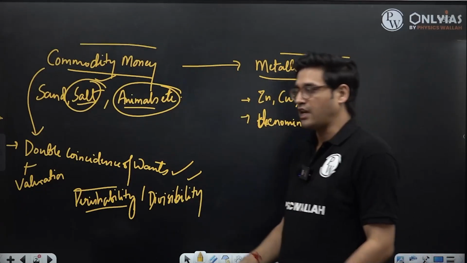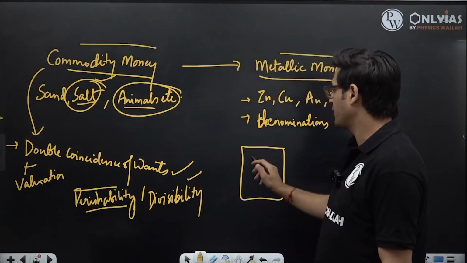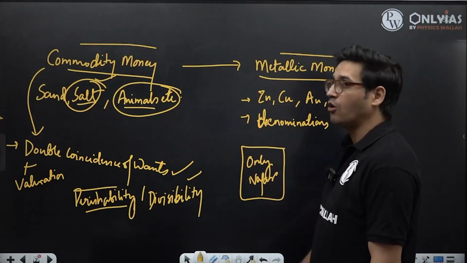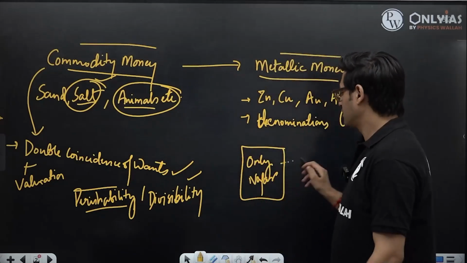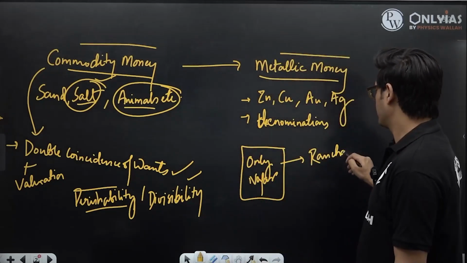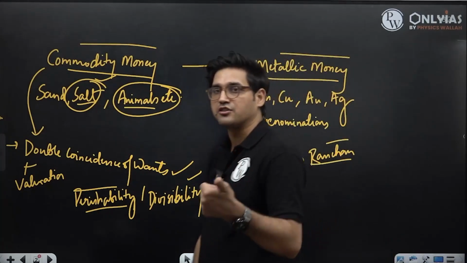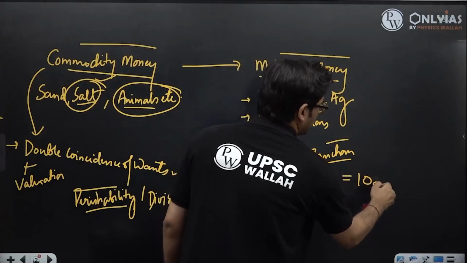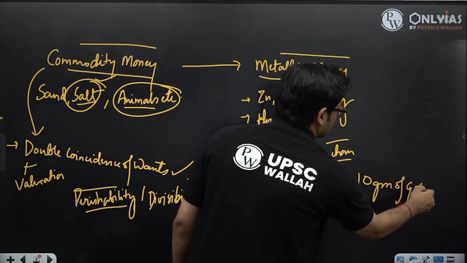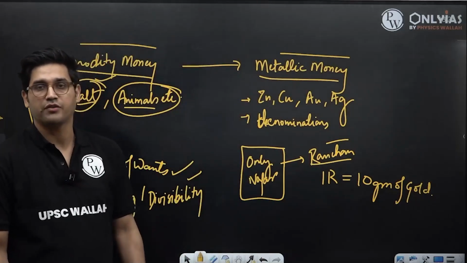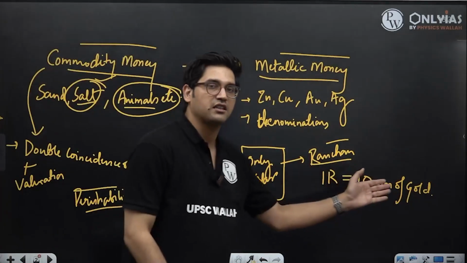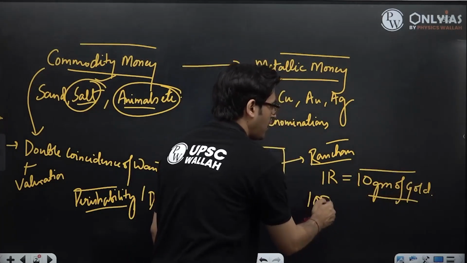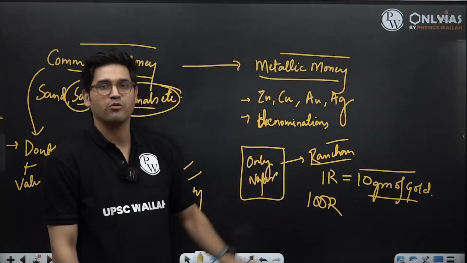For example, imagine that we have a hypothetical economy and we call this hypothetical economy Only Nagar. Only Nagar has accepted Ranchan as currency. Its currency is going to be called Ranchan. And one Ranchan is 10 grams of gold. So if the price of one commodity is, let's say, 1000 grams of gold, then you will require 100 Ranchans. This is the problem of denomination.